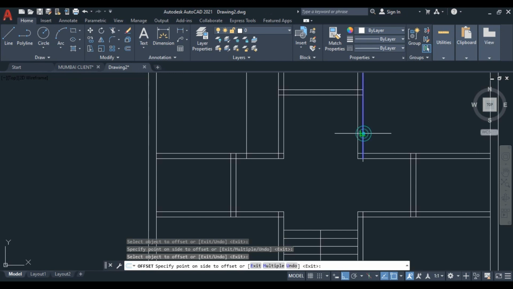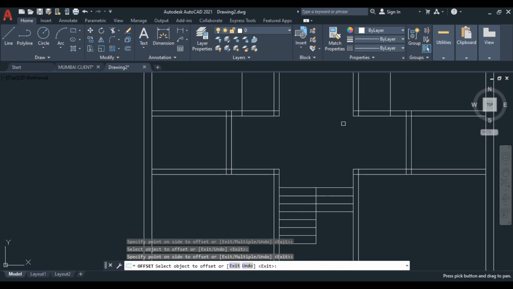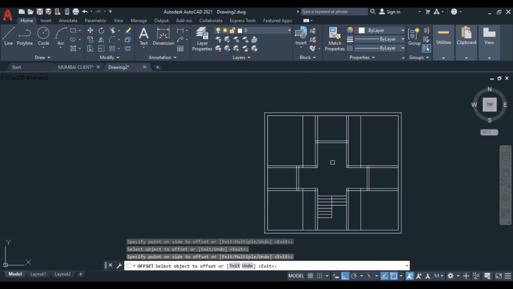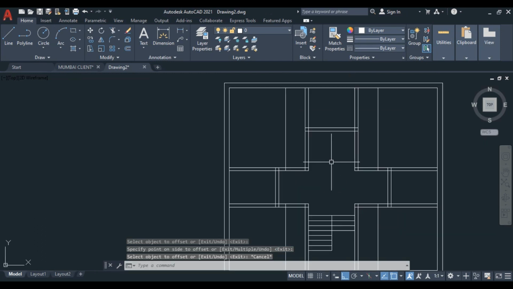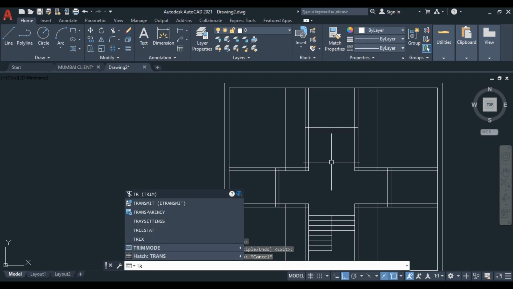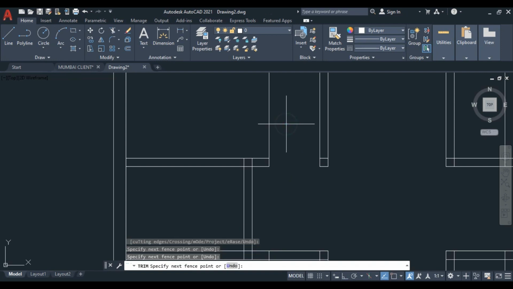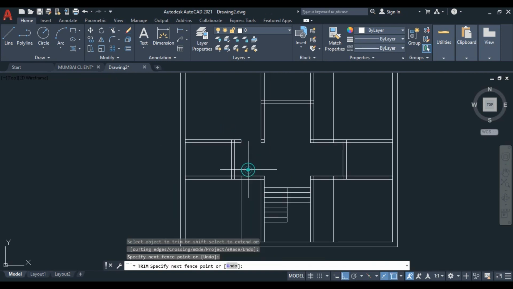Here also I will make a space for 3 feet. Here also. All right, so simply just trim it first. So TR double enter. This is for our door space.